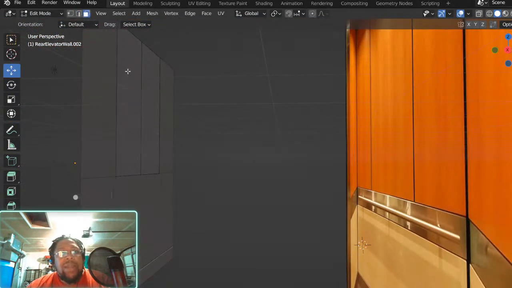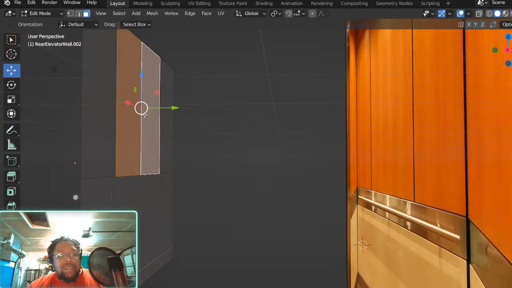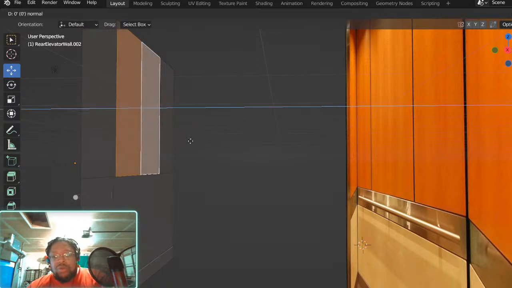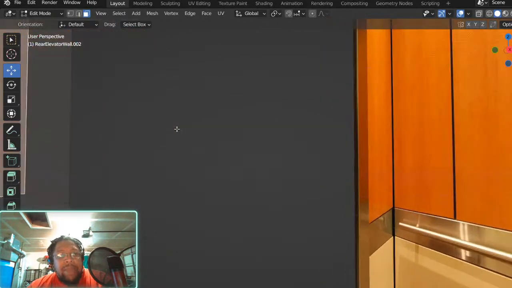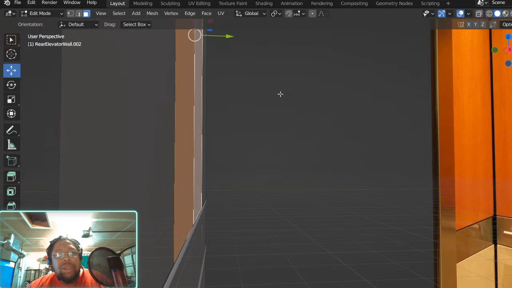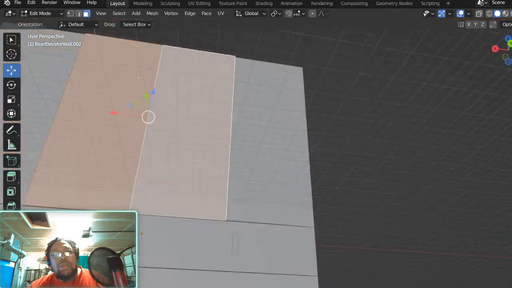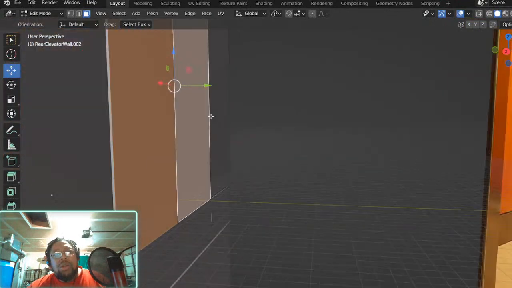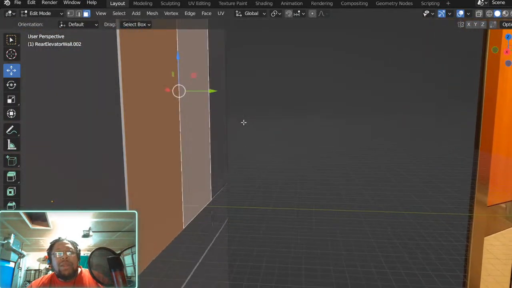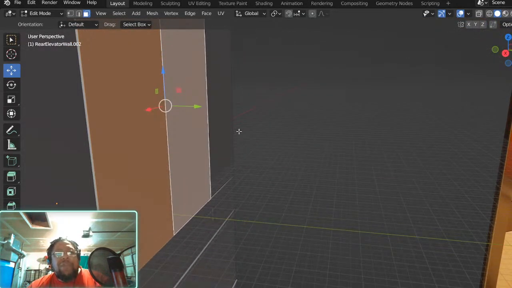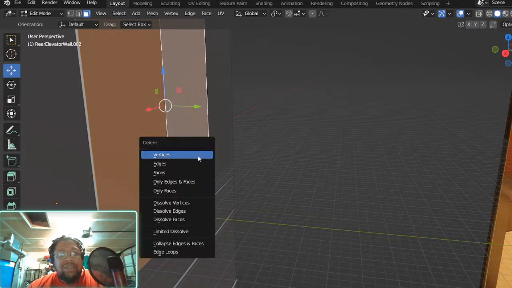So what I'm going to do instead is just grab this and this. Hit the extrude on there. I'm going to match this extrude. Here's the thing though. Now that I've extruded, I don't really need these faces back here. It's not gonna be seen. To take out some faces is not gonna tax my computer as hard. So I'm gonna get rid of those faces because those are the ones that are not gonna be seen.